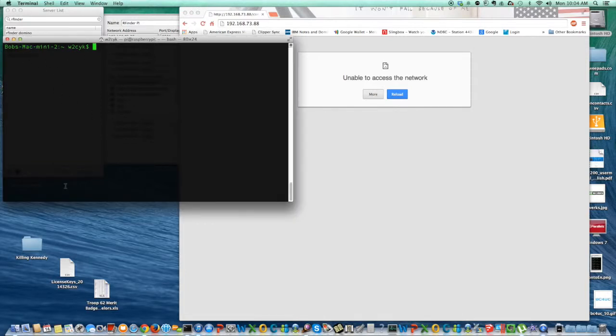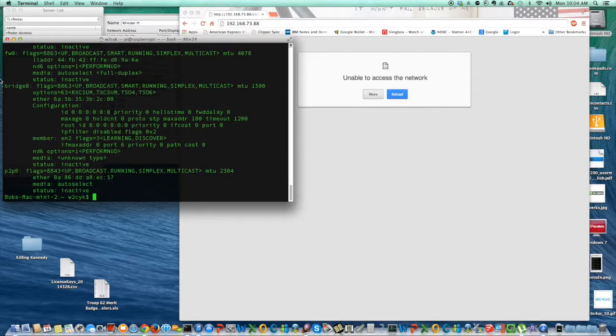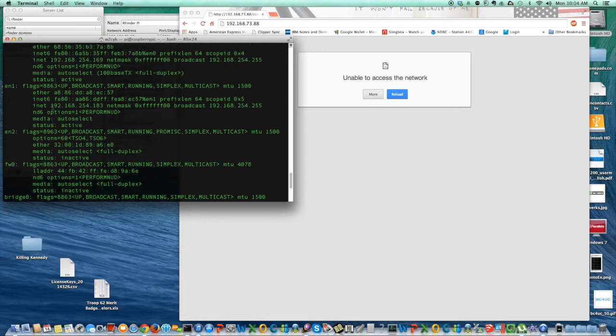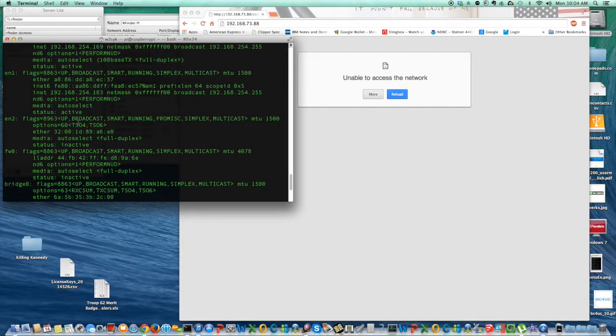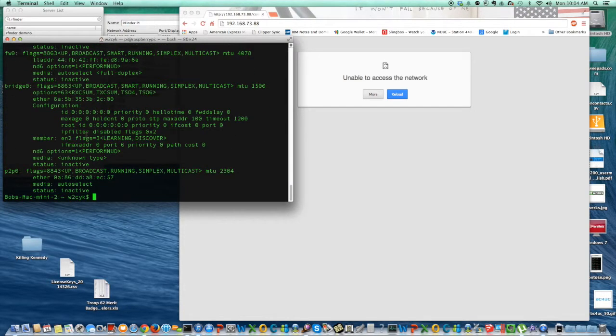Today we're going to show you a little bit about administering the RFinderPi. You can see I've done an ifconfig here on my Mac to see what IP address I am, and I'm not on the RFinder's network. The RFinderPi's network is 192.168.73. So in order to do that, we're going to connect via Wi-Fi to the RFinderPi access point, which